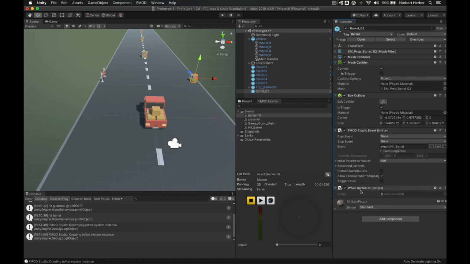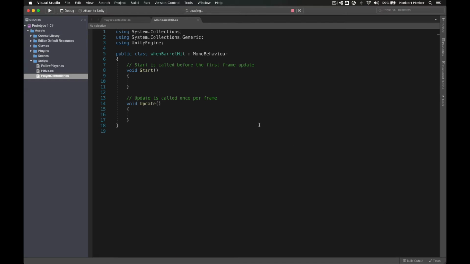And there we go. So now we have our win barrel hit script in there. And now that we've got that, we will edit this. So choose edit script, and here we are. Fantastic. Now that I've got my head screwed on straight with all of this stuff,